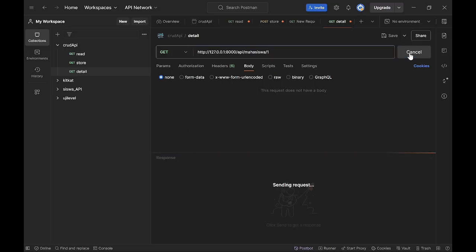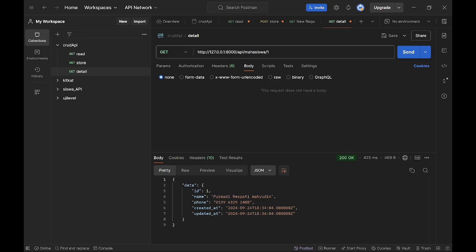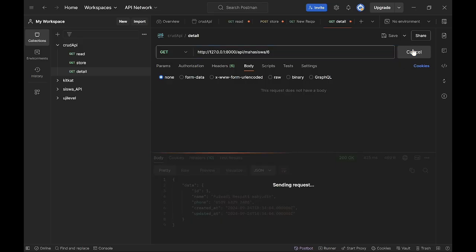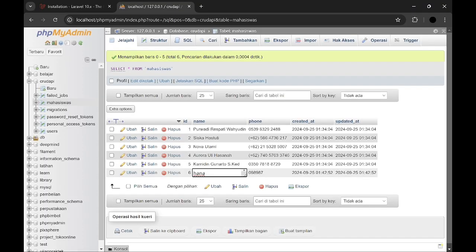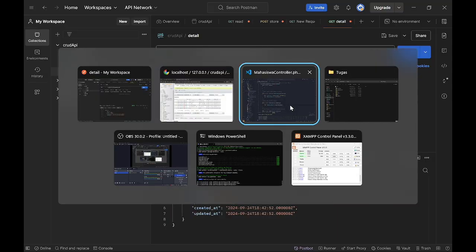I want ID 1, so only ID 1 appears, not all the data like this. It's just for ID 6, Hannah.